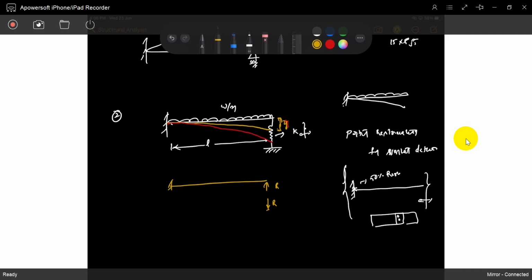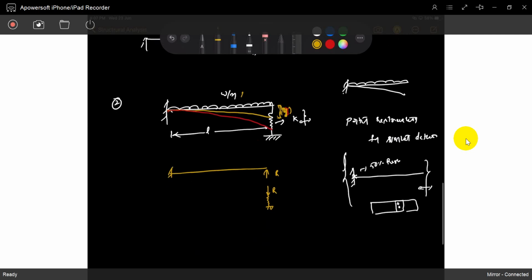Are understood? The spring has a force from the load. The spring has exerted some force, and that force is equal to the beam deflection. So what is this y? That y is the spring's shrink, the spring shrinks by that amount. So how can we solve it?